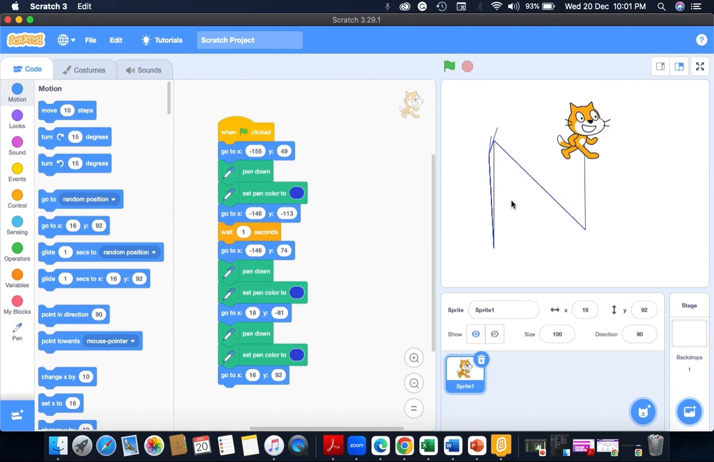When you practice this a lot, you won't have these double lines. The more you practice, the better you become. But this is where